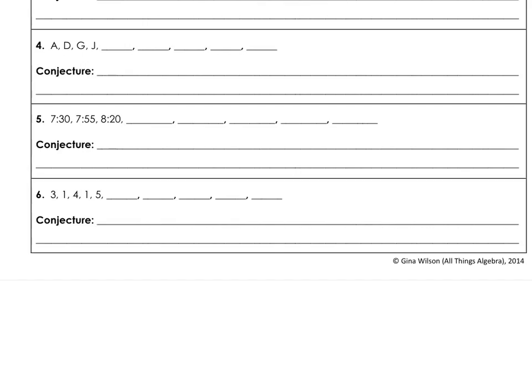With problem number 4, we're going to work out the pattern now using letters. So you have to figure out how many spaces are between each of the letters, or how many letters are between them. So between A and D, there are 3 letters. Between D and G, there are also 3 letters. And between G and J, there are also 3 letters. So if we continue that same pattern,